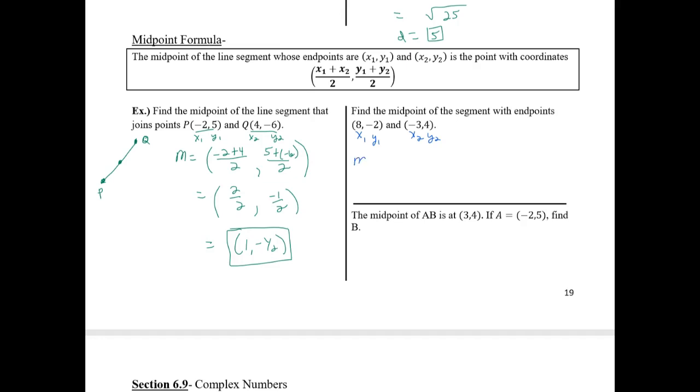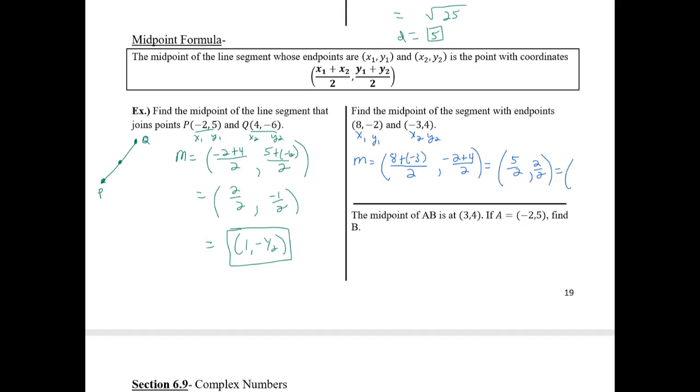My midpoint will be: add up the x's, 8 plus a -3, x1 plus x2, divided by 2. Add up my y values, -2 plus 4, divided by 2. Simplify all that. 8 plus a -3 is 5, and -2 plus 4 is 2,